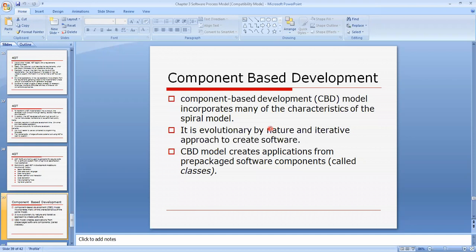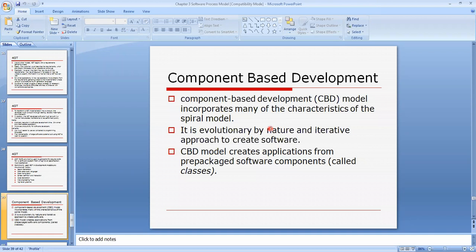It is evolutionary by nature, an iterative approach to create software. Now, what is meant by evolutionary or iterative? That means if you have one version, you can have another version also. If you have version 1, after some days you can have a version 2 also.